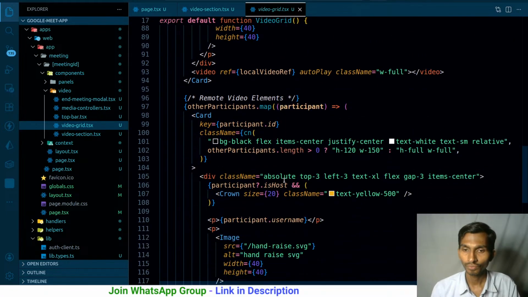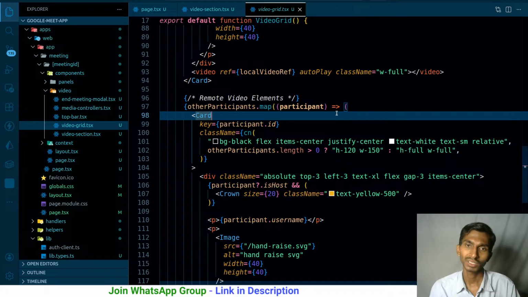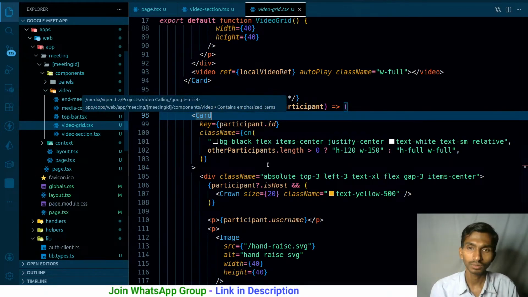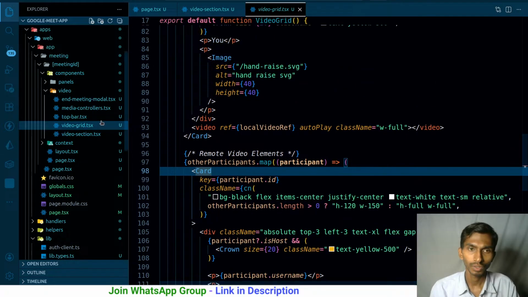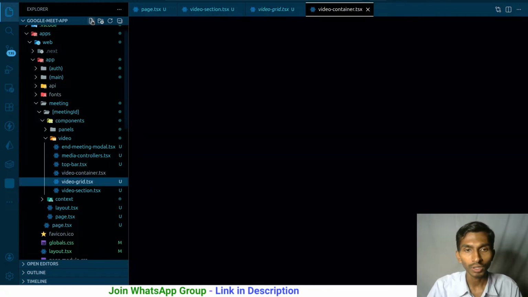It's okay, I think I should be fine with this. Or I can do one thing: a video container. I can create a video container that will be used for both. That can be done, it's not like it cannot be done. So I have my video grid, and inside my video grid I can have a video container.tsx. This can definitely be created because the same code is being repeated. So let's try to do that. Video container.tsx, rfc.